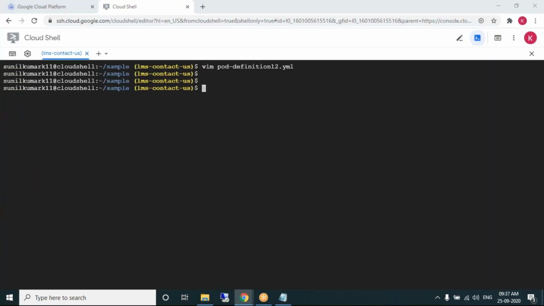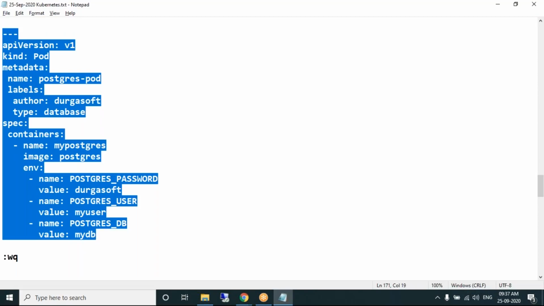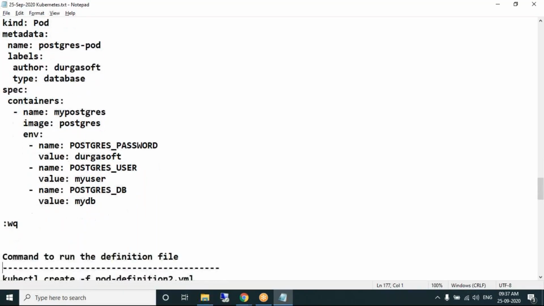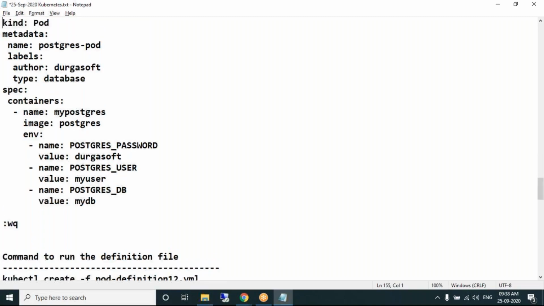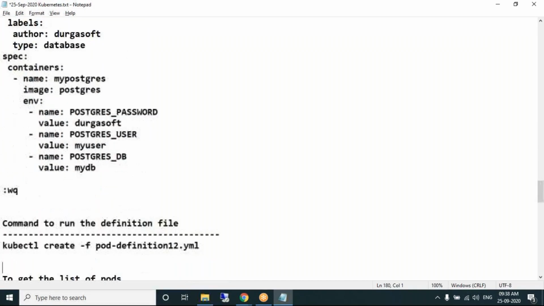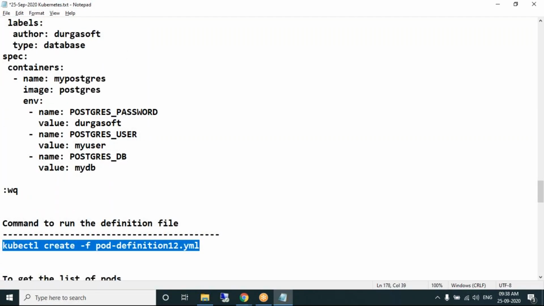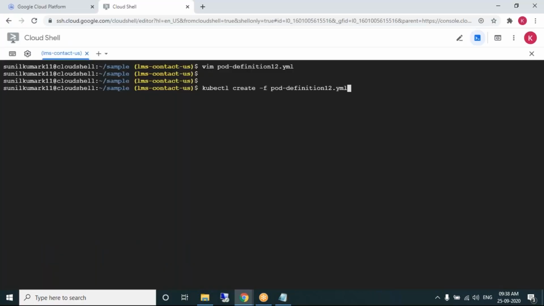Double save it. Command to run the definition file: kubectl create. What's the name of the definition file? Postgres pod definition 12, right? Create pod. Pod created.